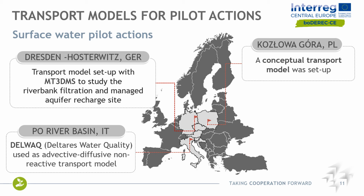we have had very nice intercomparison studies showing how different it can be the challenge of modeling PPCP in the environment. In fact, in this case, we ranged from physically based quantitative models, like the application of MT3DMS for the German pilot action of Dresden, to conceptual transport models, like our project partner in Poland, in which the model consisted more in an interpretation of the data due to the lack, for example, of enough information to develop a really physically